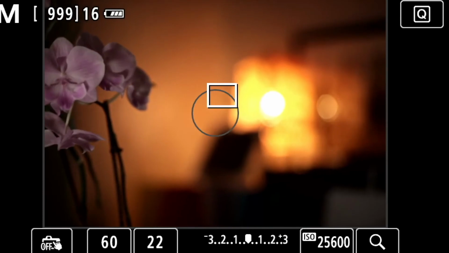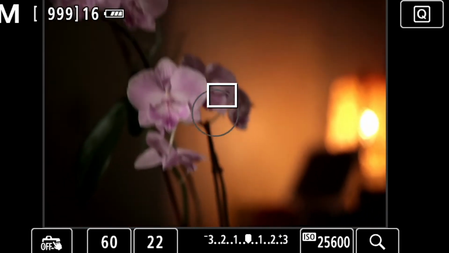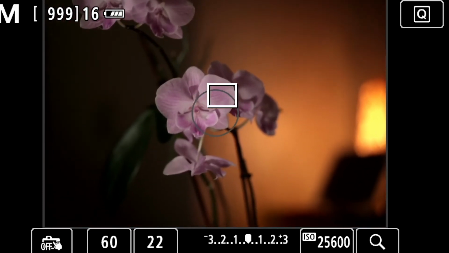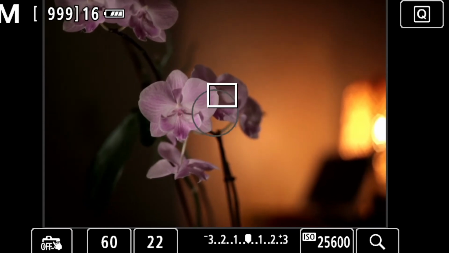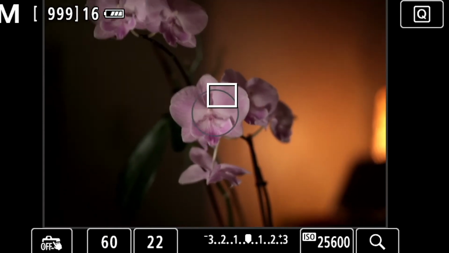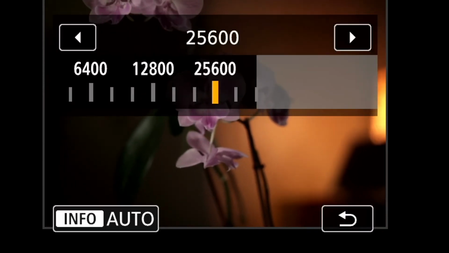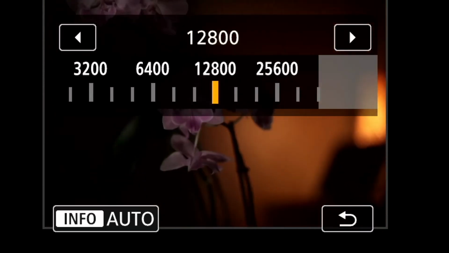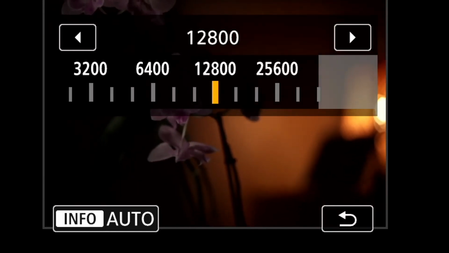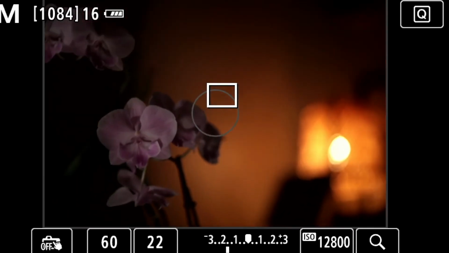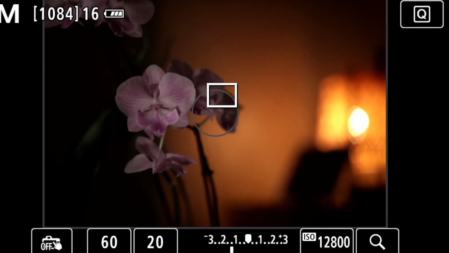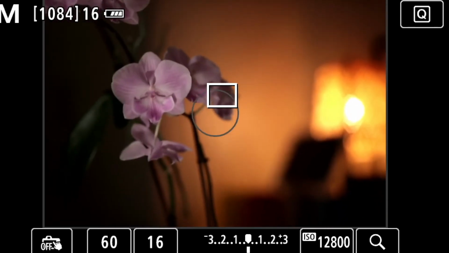Let's try something else. Do you want to try an impressionist-style shot of the scene, the stuff that I usually like to do? How would you do that? All right, so I would put this a bit more down because I don't like the noise. Maybe there. I would go f22, maybe f16. F16, yeah, perhaps.